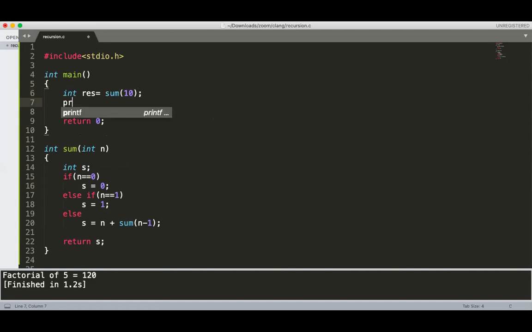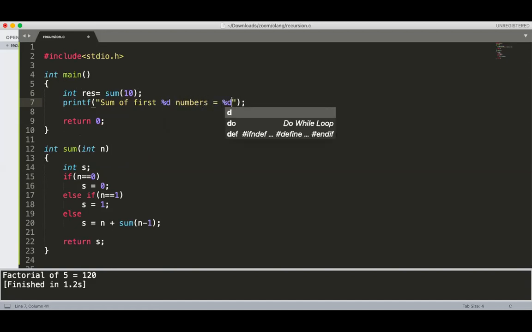So res should be 55. printf("sum of first %d numbers is equal to %d", 10, res).